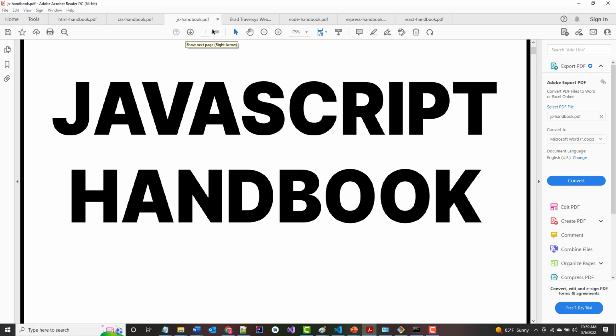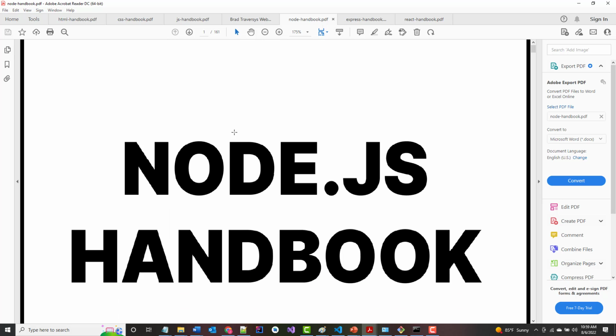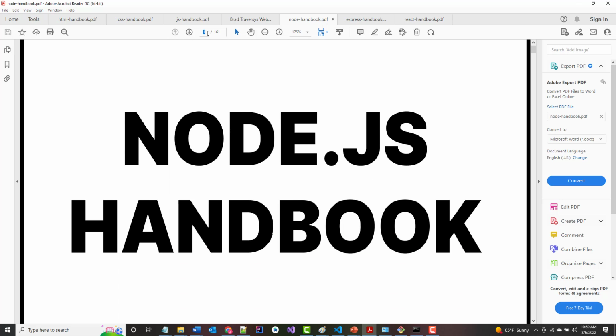Then I went through Mr. Brad Traversy's Web Dev Guide. So now I'm back with Mr. Copes, and I'm in his Node.js handbook. And in the last lecture, I started to go through some of the ways that you can